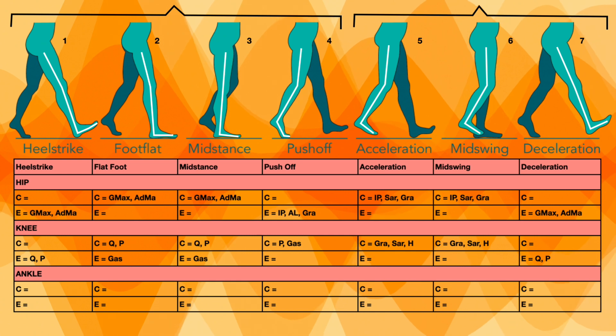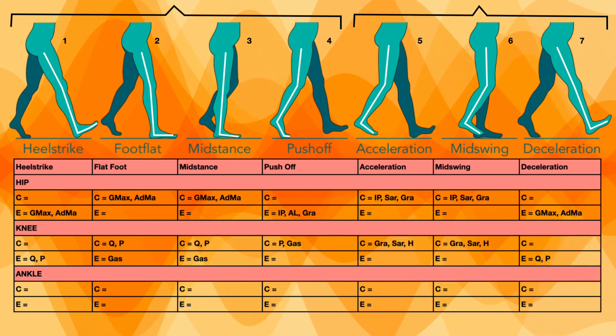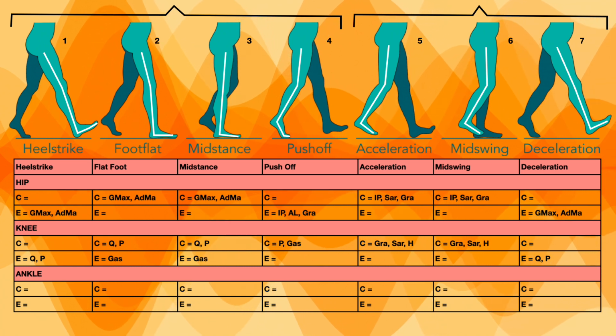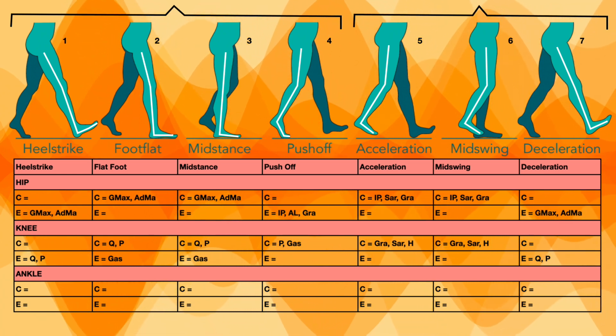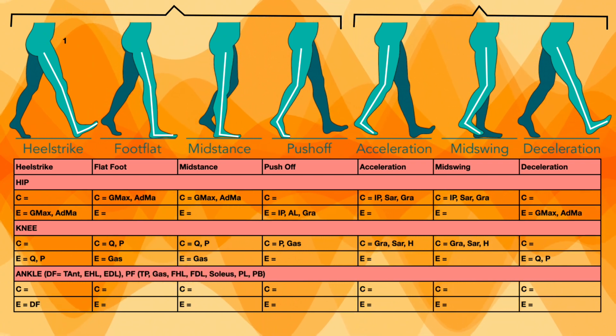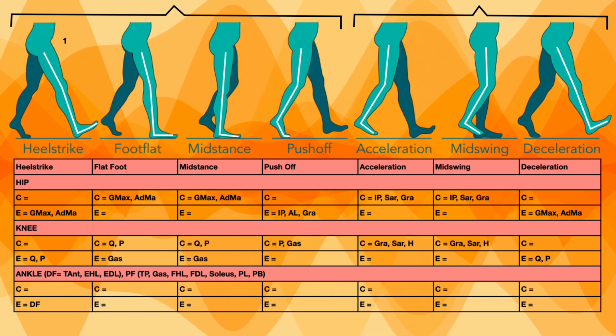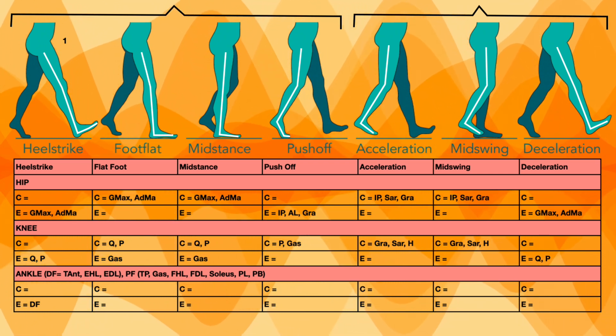If we talk about the heel strike phase, we can see the foot is in a state of dorsiflexion. So the dorsiflexors will be active, and this is a state of controlled dorsiflexion, not full dorsiflexion. The dorsiflexors will be in a state of eccentric contraction, and the dorsiflexors include tibialis anterior, extensor hallucis longus and extensor digitorum longus muscles.